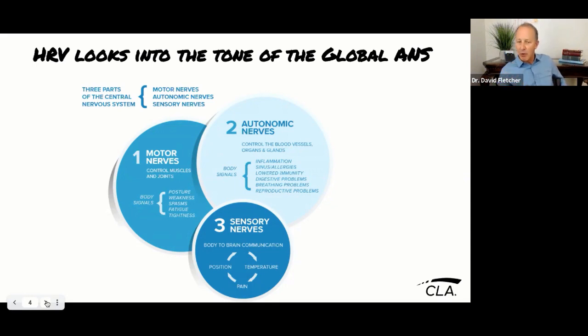Now, the motor nervous system is what we're going to be talking about in a deep dive on EMG, and another division, which is the regional sympathetic motor division, or spinal autonomics, is going to be measured by the thermographic deep dive. But today, what we're going to be talking about is really this global interaction of the autonomic functions